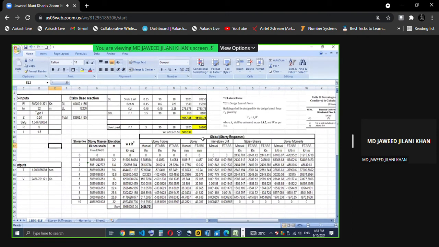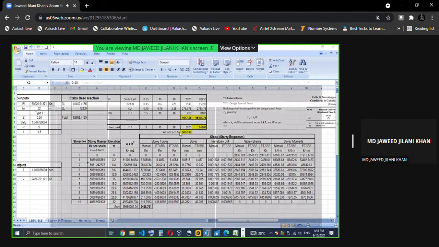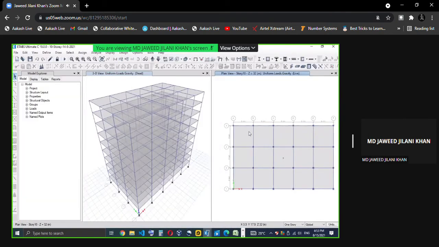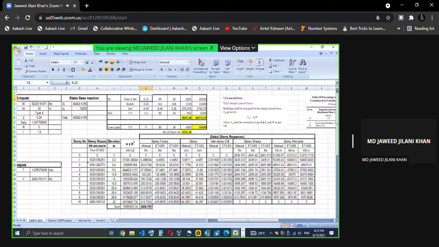What I have done here is, slab 0.15 is the thickness of the slab which I have given, and if you see the total width of the slab here, 6 meters. So 1, 2, 3, 4, 5, so 6 times 5 is 30 meters is the length here, and 18 meters in this direction. So 30 meters here, 18 meters.